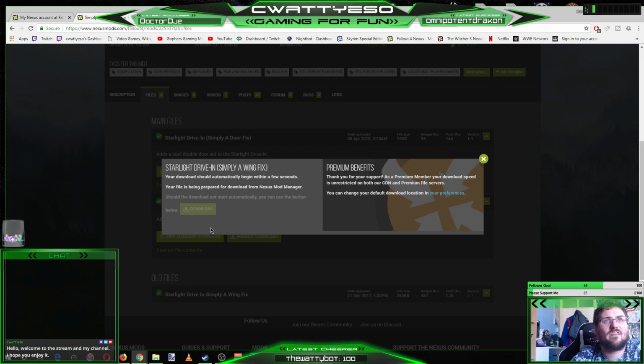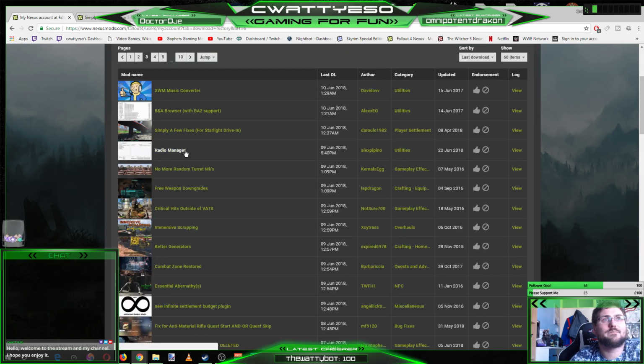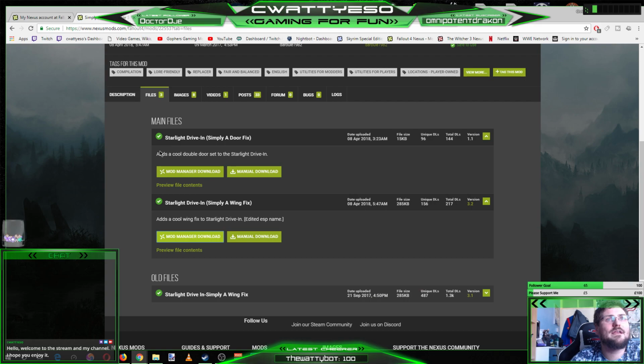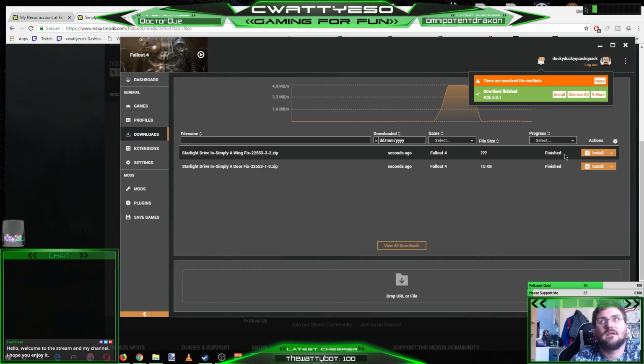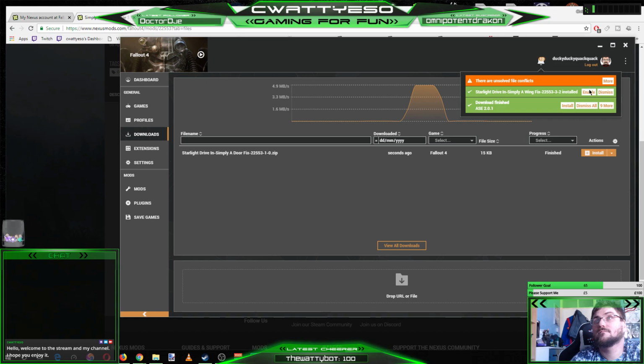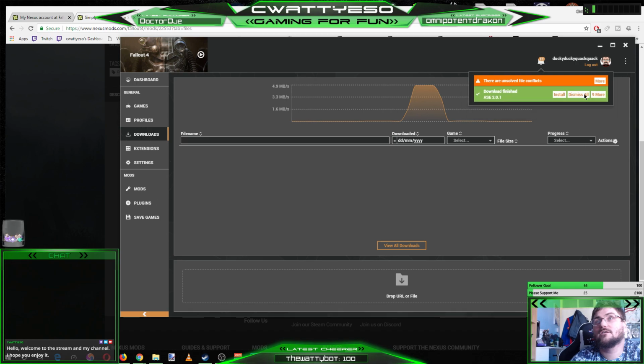Simply a wing fix. There's another one that changes the two doors and gives you double doors on both sides, but I don't really want that. Although, to be fair, I probably need it now, with the wing being fixed. With the wing fixed, can't actually